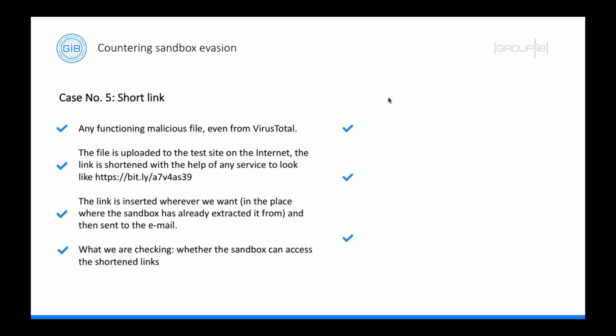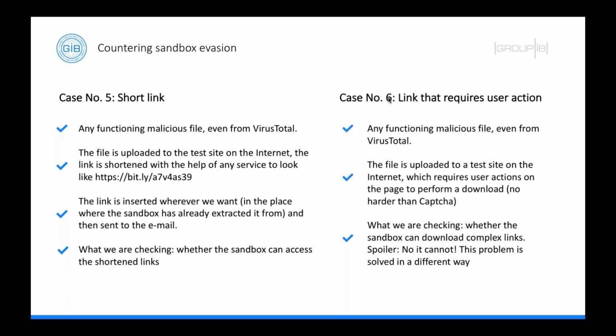Again, consider the situation of links that change their behavior. And another problem: links that require user action. At this point, I would say that almost every sandbox would fail this test. The truth is that if you construct a link that requires a user action that is very complex, and sometimes not very complex,